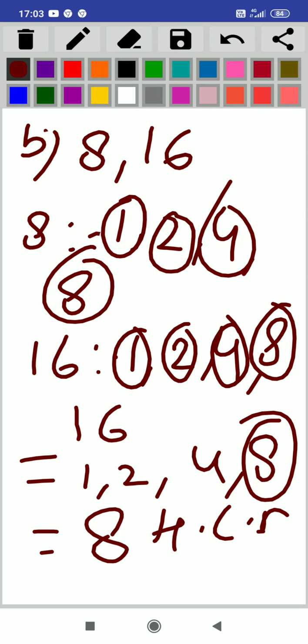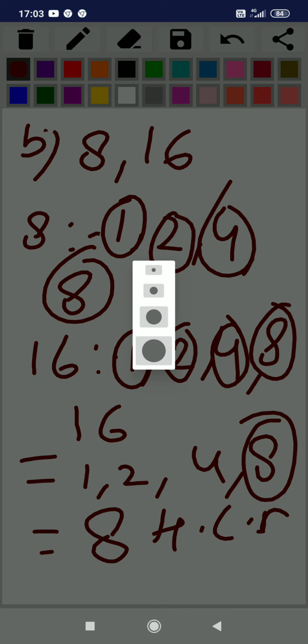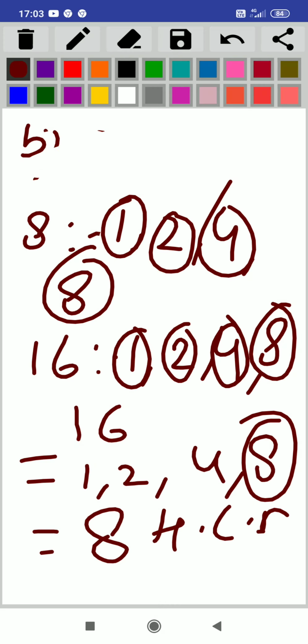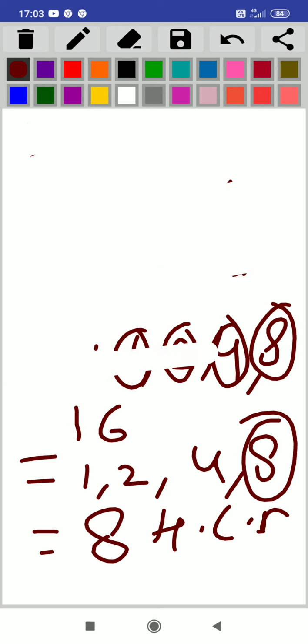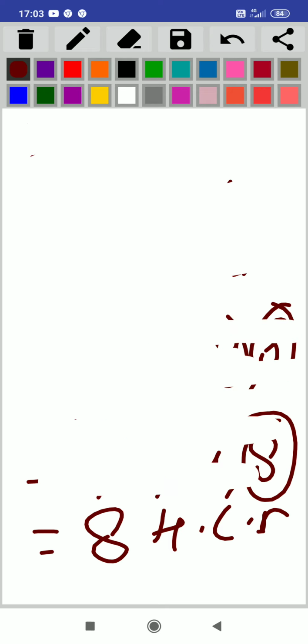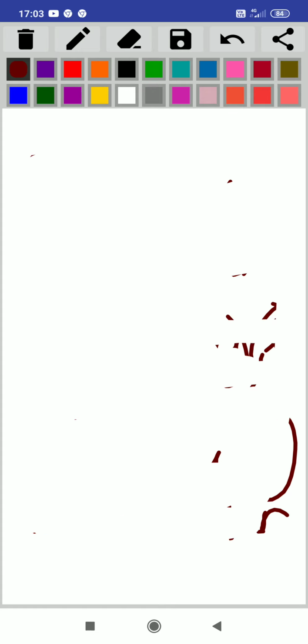So some are done for you. How will you solve the highest common factor chart? First of all you will find the common factors of these numbers and then write them in the chart. It's your homework, and you will solve this chart. The third question says these numbers have already been factorized for you, find the highest common factor of the given numbers. Because the factors of these numbers 20, 16, 40, 36 and 27 are already given, we will write here only the highest common factor and choose it.